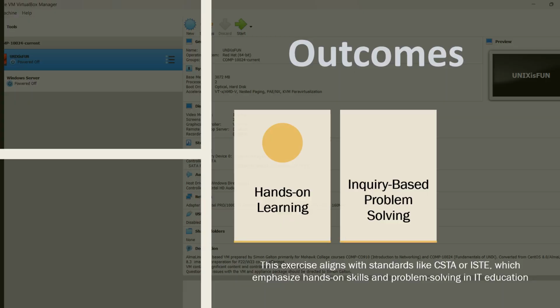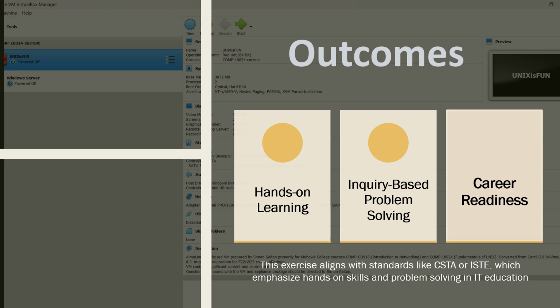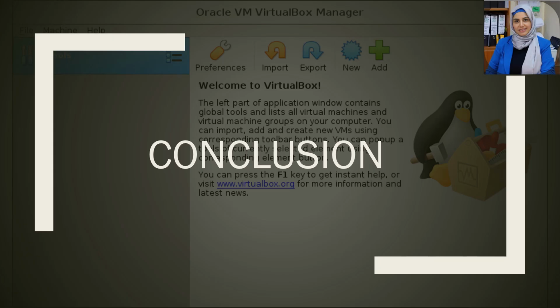At the end of this lab, you need to learn how to run a virtual machine and use it. You need to be able to troubleshoot some of the network issues. You need to think outside the box and find some solutions. These skills are going to prepare you for your future career. At the end,